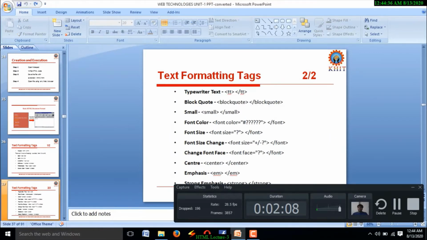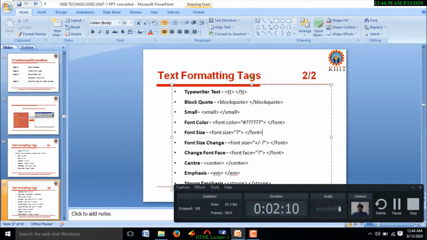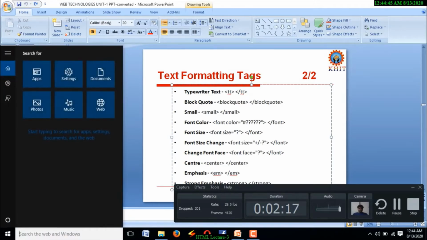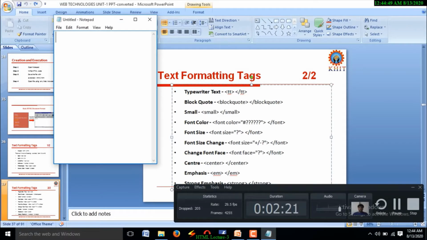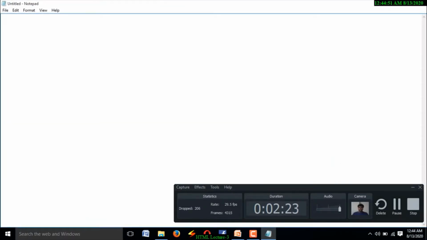I will explain this tag with a simple example, then you will get more clarity. Go to the notepad. And the first statement is what?